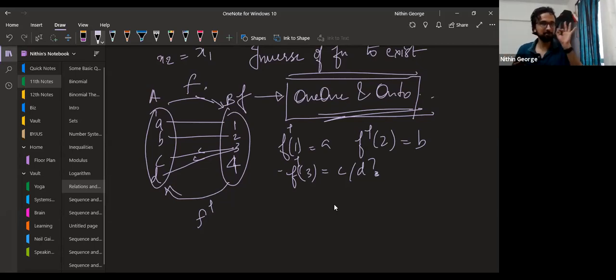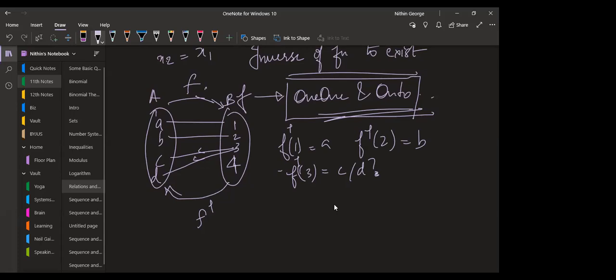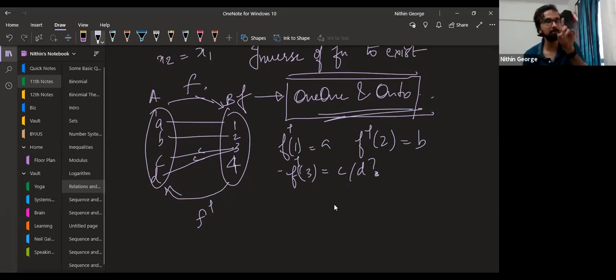Okay. You remember function, right? One element in the domain cannot have more than one element mapped to it in the codomain. So this problem is eliminated if it is already 1-1. Got it? That's why we need it to be 1-1. The two images won't come for the same pre-image. Pre-image is on this set right now. So this is why we need 1-1.